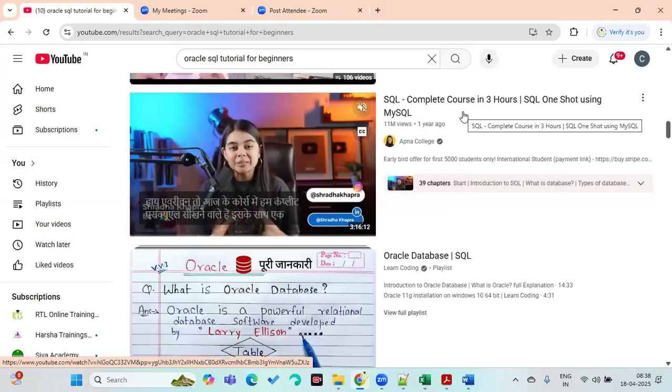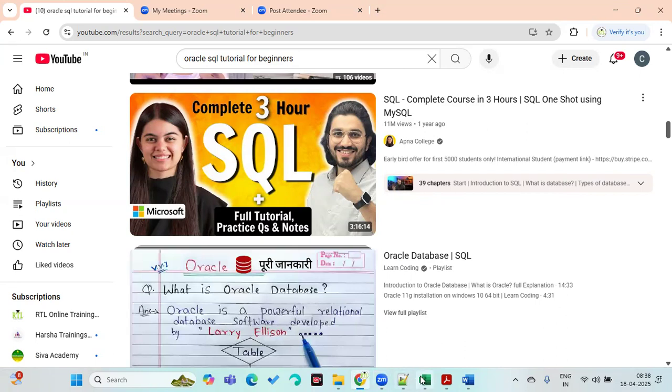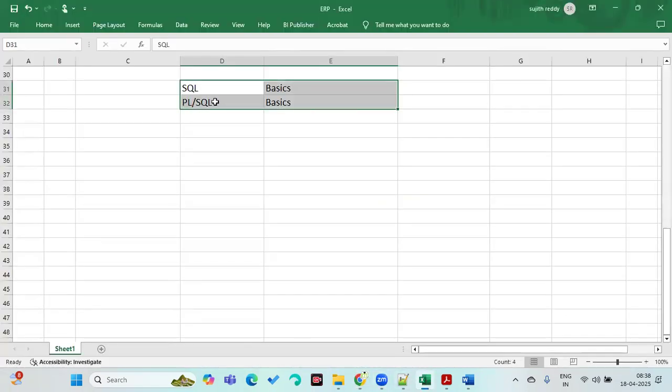You can learn the basics: What is a database? What is SQL? What is PL/SQL? In SQL, how to write a select statement, and different things. This you can learn, so that you can be ready for this course. Maybe so far you don't have any idea. The only thing is, yes, we want to learn the course, prepare for interviews, and get a job in this, because there are always jobs.